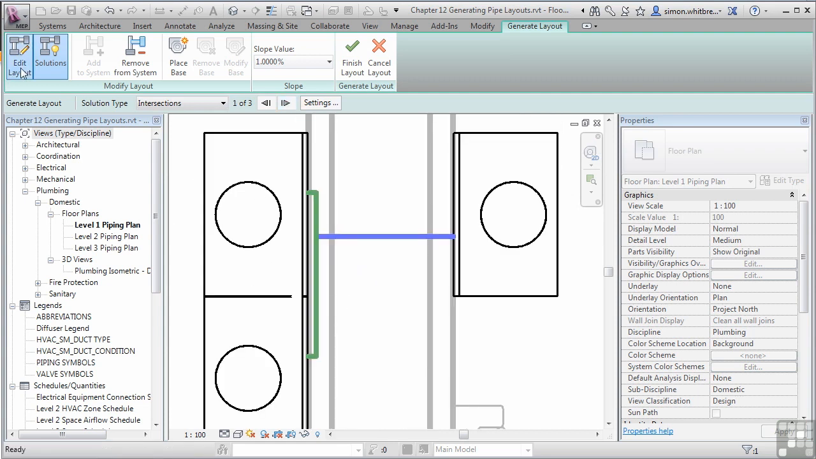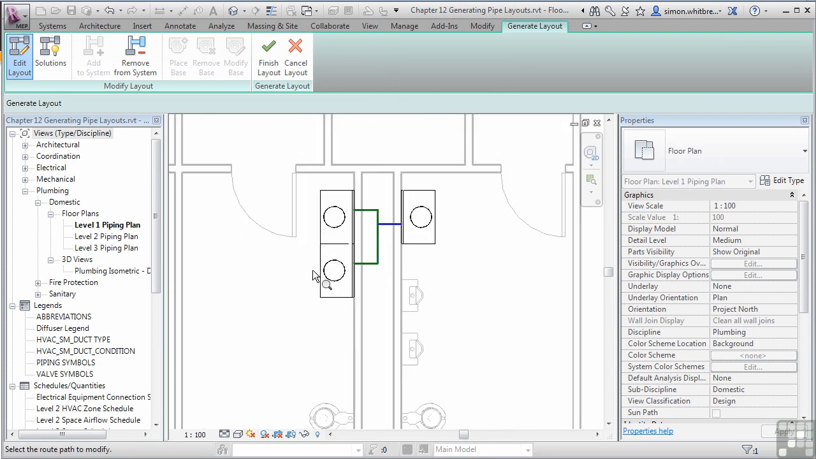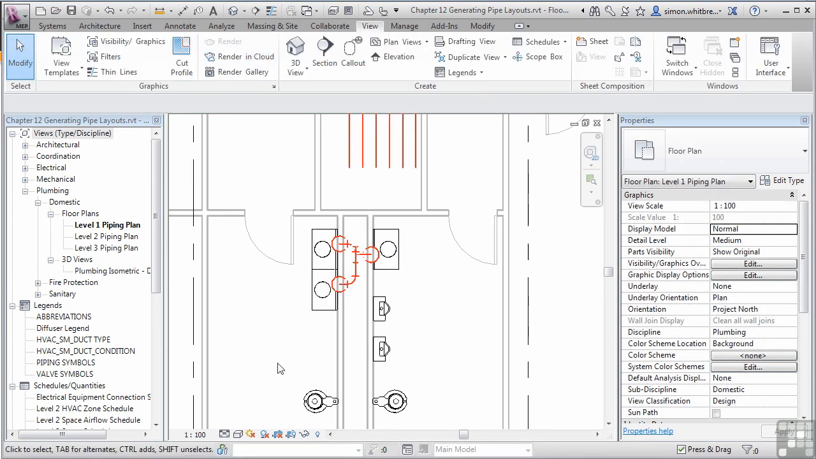So let's edit the layout and select one of the lines. We'll drag those into the middle of the riser. This seems to be working for me, so let's click on Finish Layout. At this scale, we can't really see what's going on, so we really need to have a clearer view of